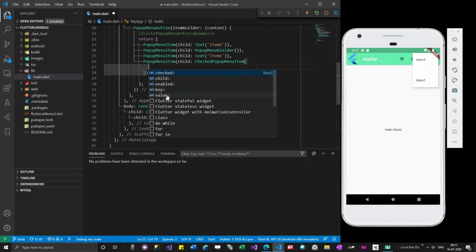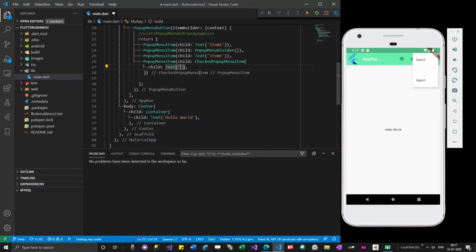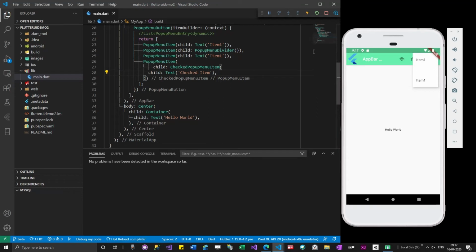So you can actually give a child which will have some text, checked item, and then let's see how it works now. So you can see items are populating. If you observe carefully, there is a small line drawn here for the divider. You will be able to see it when you are actually doing it.